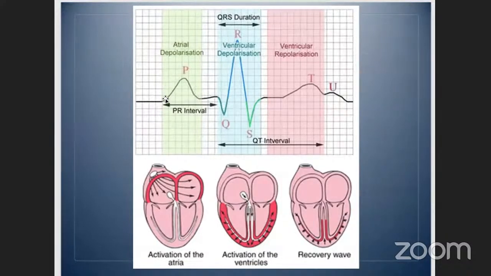And so I know that if my P wave is buffered or if it's peaked, then there's something aberrant within my atria. If I have a prolonged PR interval, then I would think that there's delayed conduction towards my AV node. If I have a deep Q wave, then I would think that there's perhaps a previous infarct that causes delayed depolarization of the interventricular septum, and broadened as well would be damage to the fibers going to the left and right ventricles.